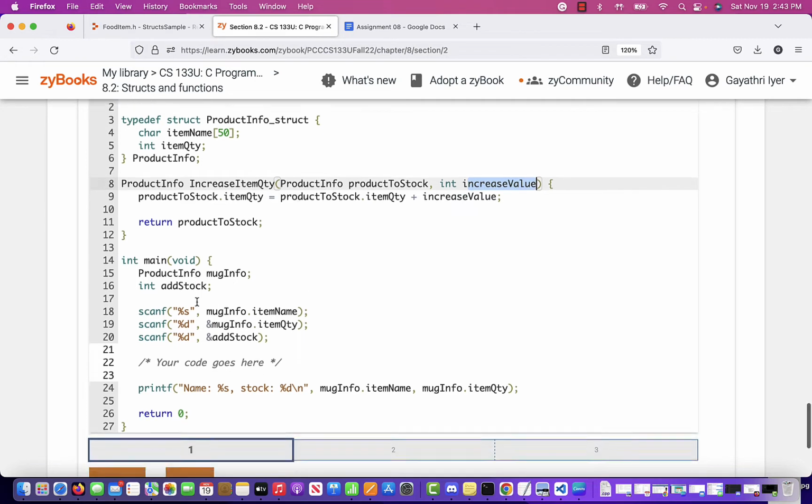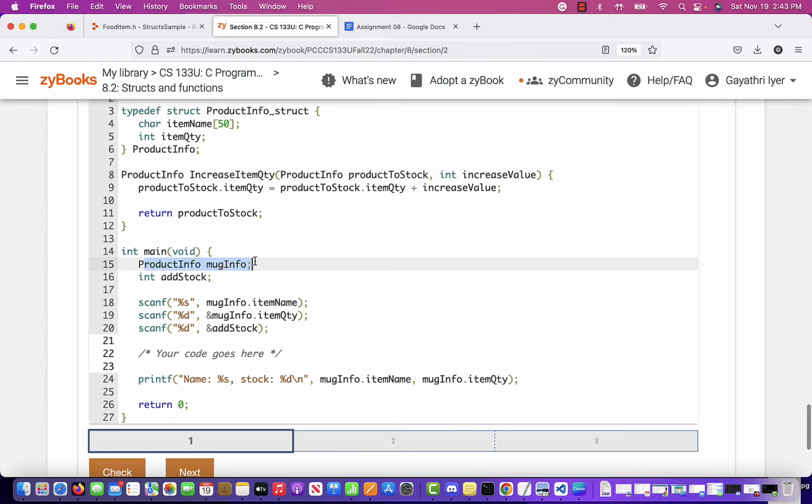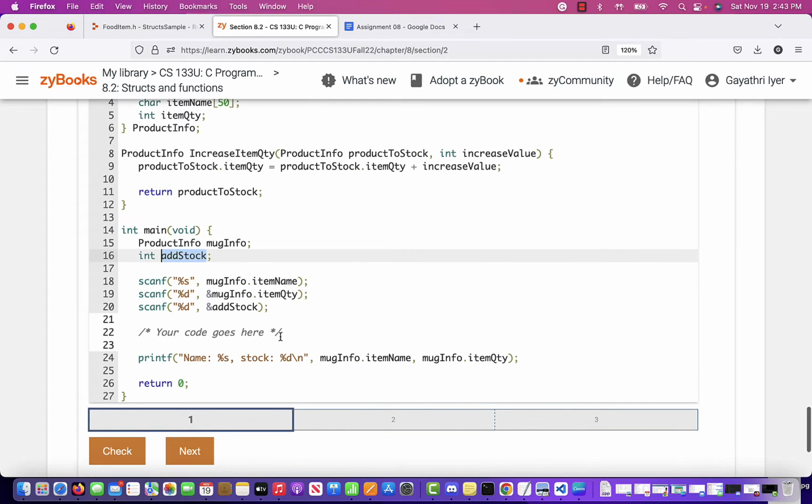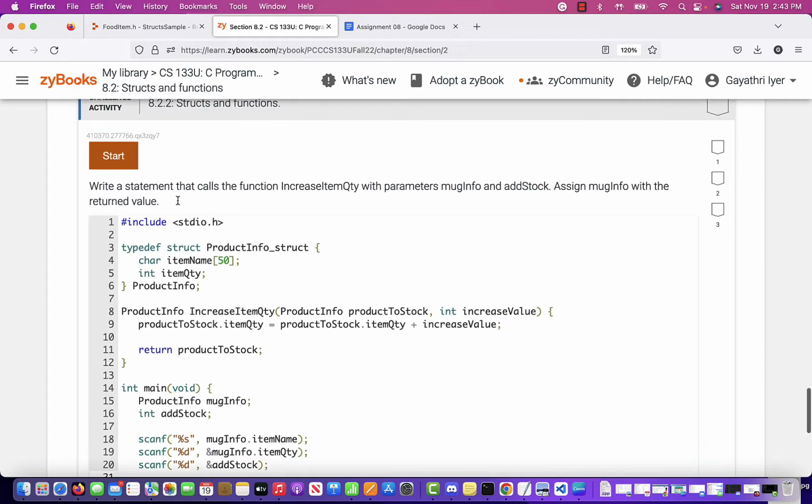Okay, so if you look in main, you have product info. This is the variable. This is one mug object that we're creating. We create a local variable called add stock. We read some information from the user. We read item name, item quantity for the mug, and we read a value for add stock. And then here's where we need to write the code, let's try and do this real quick,